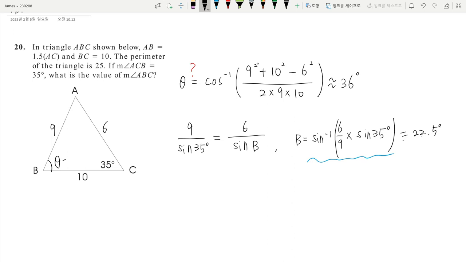In this case, the angle A becomes too big. To make 180, in this case, A should be,